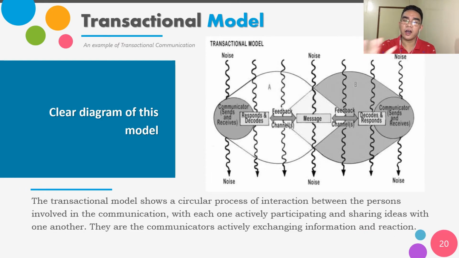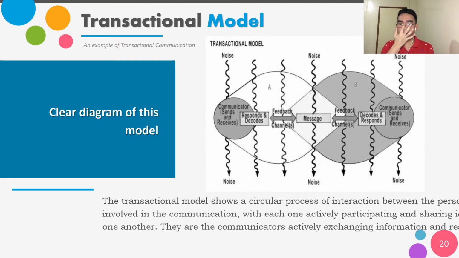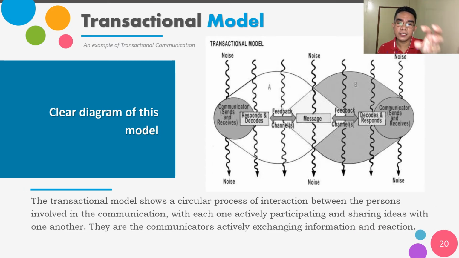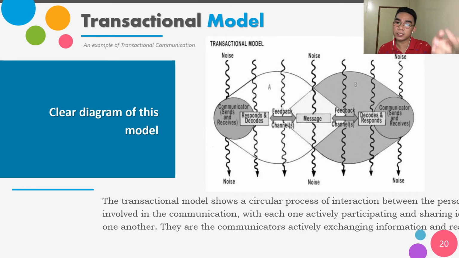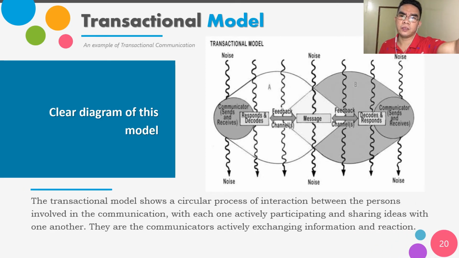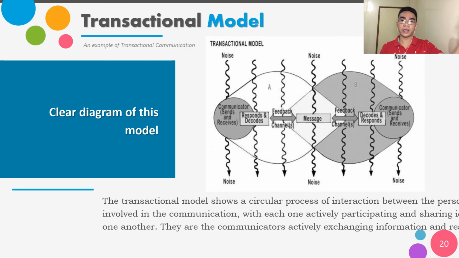So as you can see on the diagram, the communicator sends and receives the message because, as we all know, and just like what I've said earlier, the sender and the receiver exchange roles, right? The sender becomes the receiver and the receiver becomes the sender. Okay, so the communicator sends and receives the message at the same time,